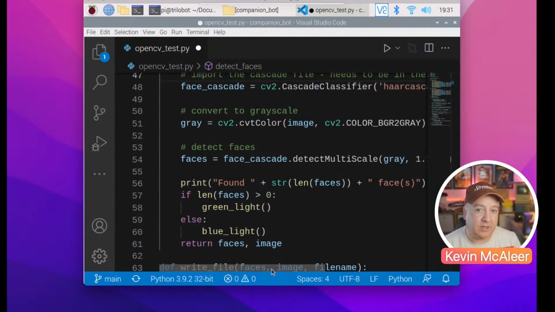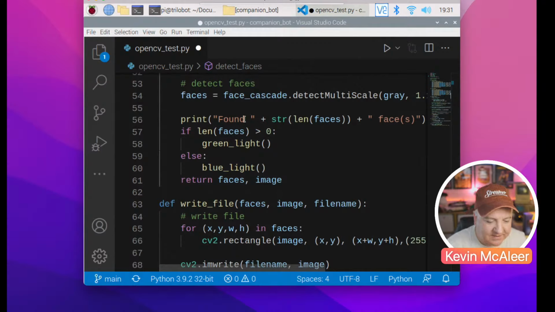So before, when we were looking at the size of the area, remember the area doesn't necessarily map one-to-one with a pixel, it can be a number of pixels. That 1.1 and 5 will be to do with the granularity of that, and therefore how fast. So if we change that number to be larger or smaller, I bet it gets the algorithm to be faster or slower. Okay, so then we say print found plus the length of the faces,